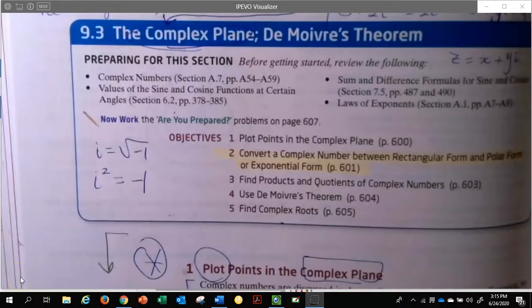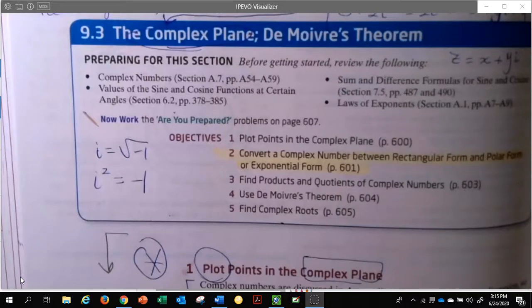We are now in section 9.3, and looking at 9.3, you see by the title it mentions the complex plane, and then it mentions this theorem, de Moivre's theorem. So this is going to be the first video of 9.3, along with the videos that are available inside MyLab